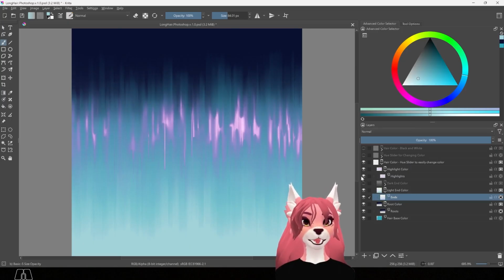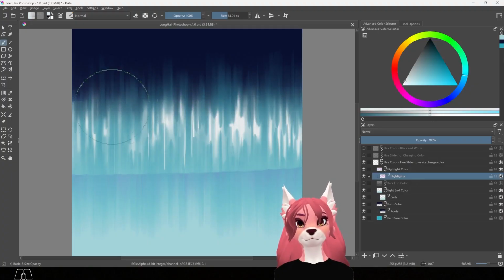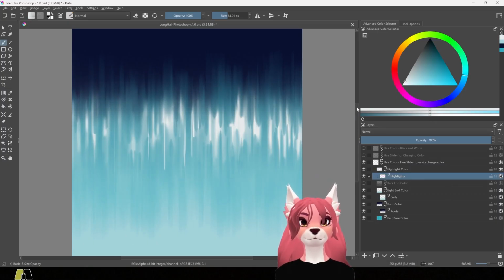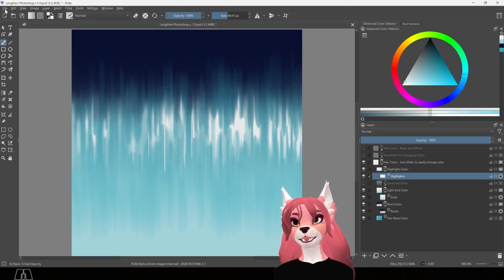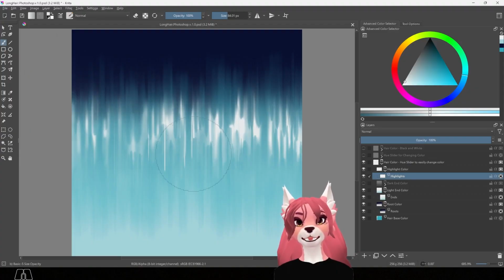The last layer that we have to edit is the highlights, so select that, lock it, and now make this your lightest color. Once you finish editing, you can go ahead and save this up here with File, Save As, and then you can save this as an image, so either a JPEG, PNG, one of those options, and then import it into